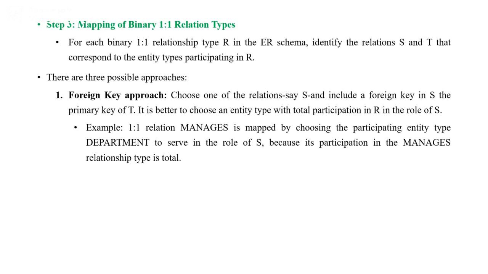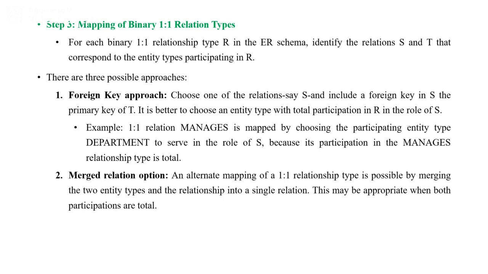Why? Because the department number acts as the foreign key constraint in the employee table. Therefore, whenever it serves the role of S, there should be a total participation in the relation. Then the second possible approach is